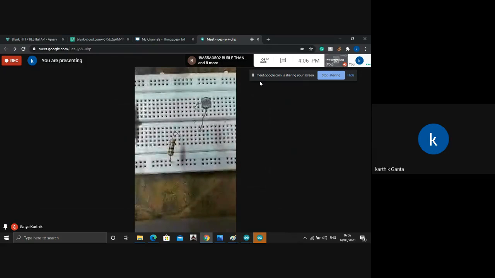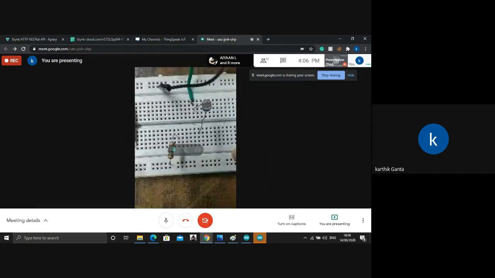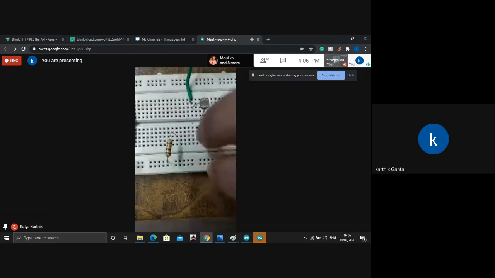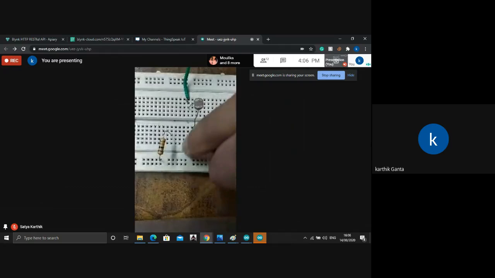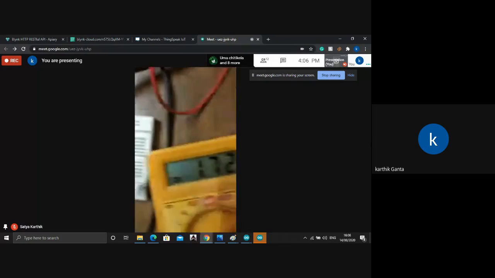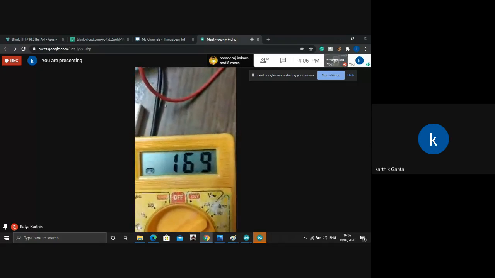Now we'll connect both the leads, the positive and negative of the digital multimeter. As this is a resistor, it doesn't have any positive or negative. You can connect it any way, it's fine. Now I'll check the resistance. You can see the resistance is about 16 point something or 17.9.